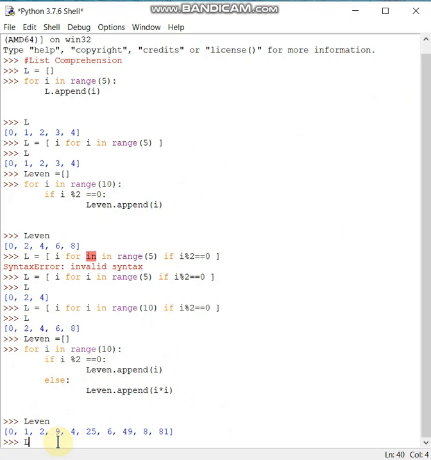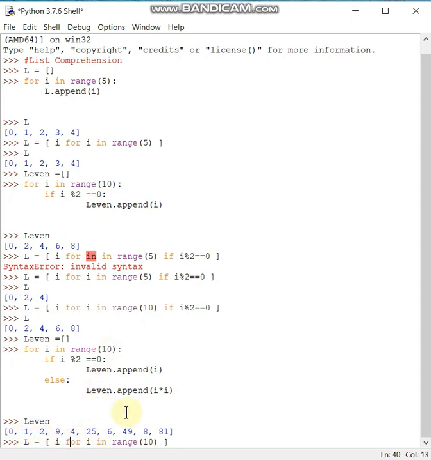So using the list comprehension technique, how do we write the same set of code? Let me have L is equal to, and I'll just copy and paste the same thing. Let me copy this particular line. So here I want I. In this case, let me change this to 10, and I will be appended into the list.